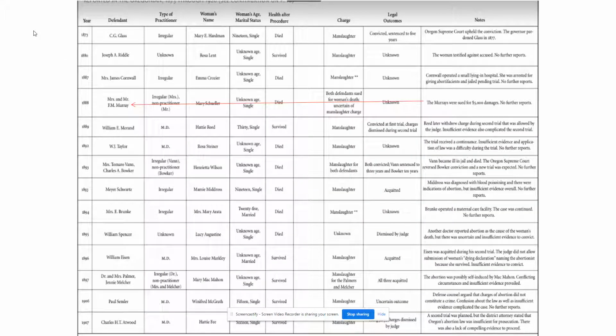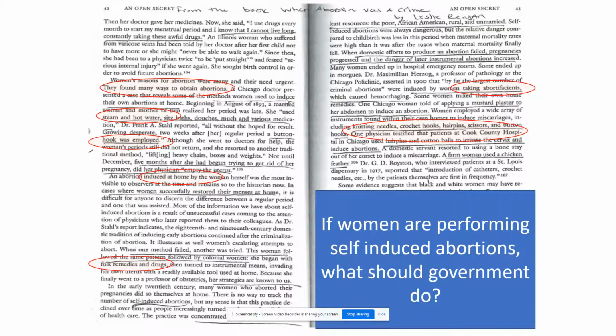In this particular chart here, you see a list going back to the 1800s of defendants, primarily the doctors here, the type of doctor, the woman in question, which pretty much means that this doctor performed some sort of procedure on this woman, and in this case, the woman died, and the person is being charged with manslaughter. So it's pretty horrible. People are going to jail. People are going to lose their lives, and that's from the 1800s going all the way up until, I guess, Roe v. Wade, and then that creates another series of problems.